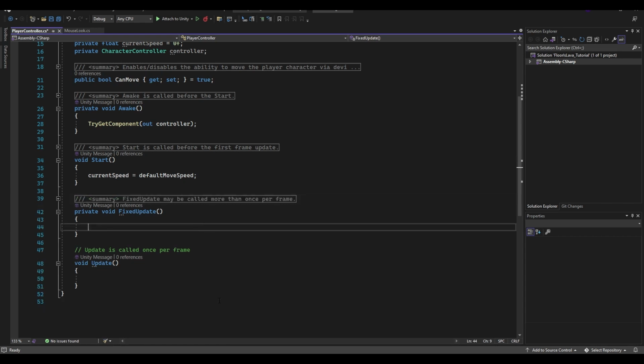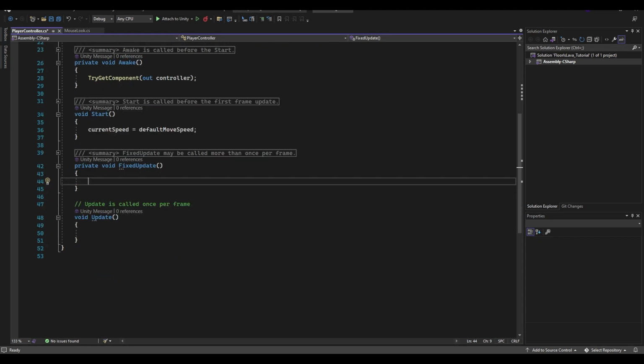So yeah, what we use the fixed update for is to apply physics because if more than one move step needs to happen during a frame, this is obviously how we do it, because this will run potentially more than once per frame, depending on the hardware of your computer and a range of variables like that. So what we're going to do here is first we want to check if we can move. Okay, so we'll say if canMove is equal to true,